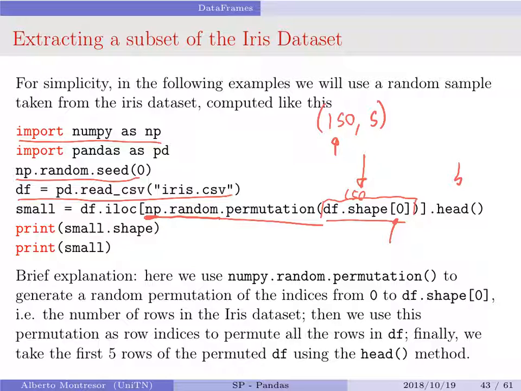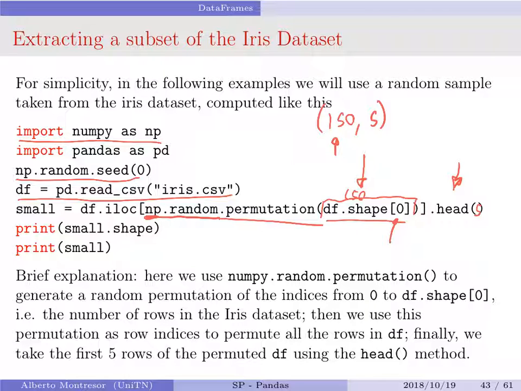Then I take the first 5, because 5 here is the default. So I take just 5 of them. So in this way, I've selected 5 random lines, rows of the